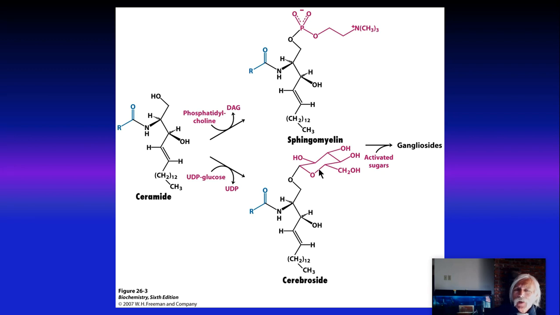Anyway, sphingomyelin, with the utilization of activated sugars, can make gangliosides, and some of them are called cerebrosides, where you can have various sugars attached to this oxygen atom here. And you get rid of the phosphatidylcholine. And these, you can figure out, were named because these are brain lipids. Glucocerebrosides, for example, sulfatide cerebrosides are going to be sphingolipids you find almost exclusively in the central nervous system. And they play very important functional roles, not just for